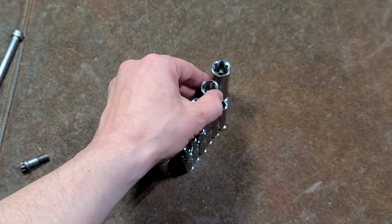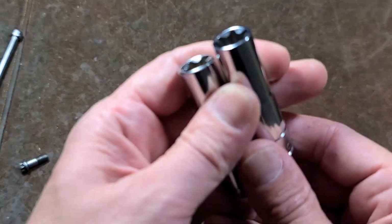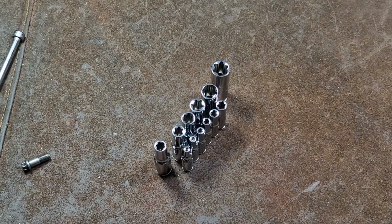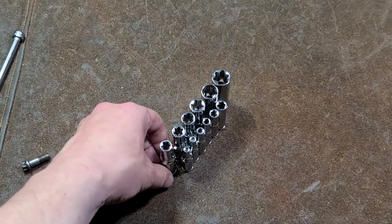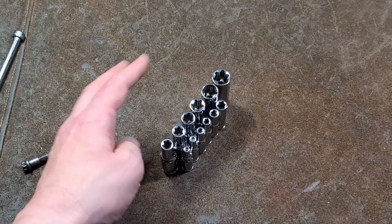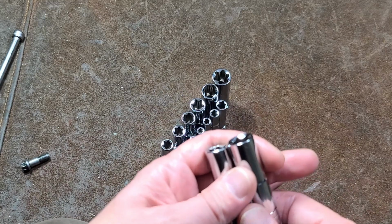So the whole reason I picked up these icons is I had actually split a Pittsburgh E10 when I went to replace it. They didn't have any on the shelf, and I could have either mailed it in, or the manager actually offered to just give me a 25% discount on the icon, so I went ahead and picked them up. I think they actually will be stronger than the Pittsburghs,